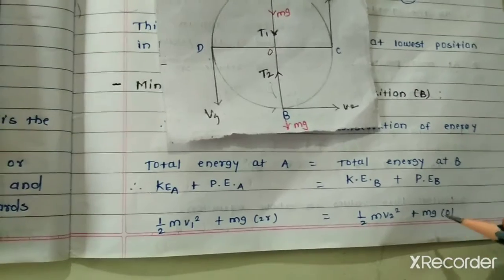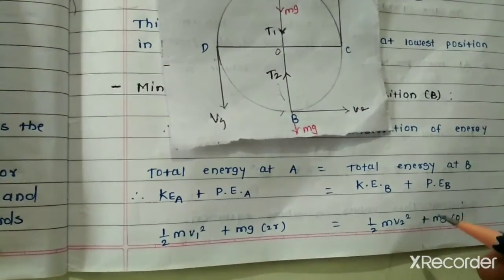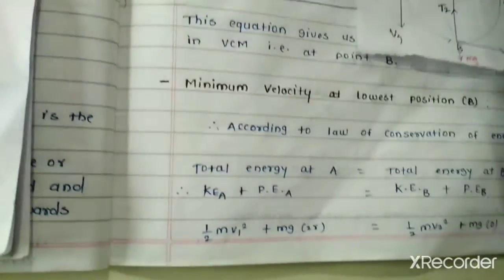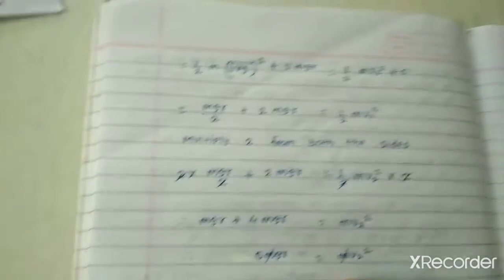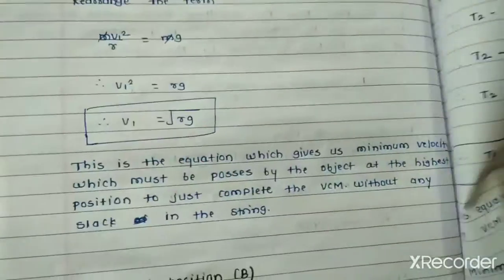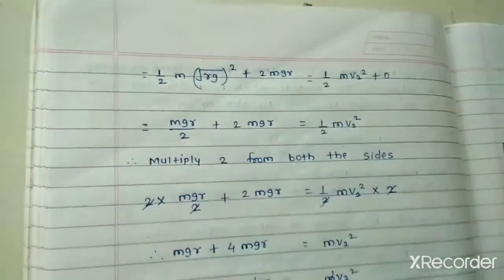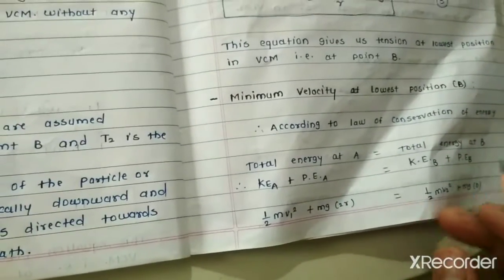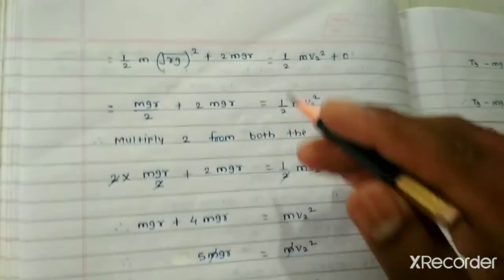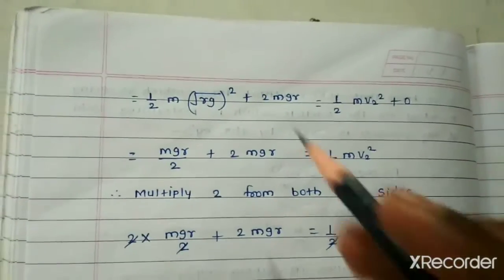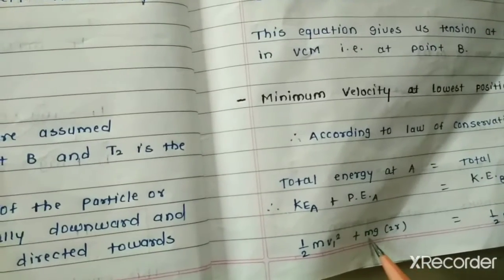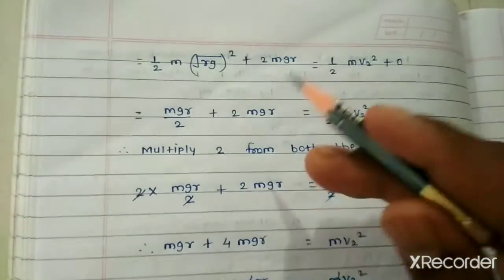potential energy mg. So यहाँ पर ground पर है, so potential energy is 0. Therefore mg into 0. Therefore half as it is into m, and the value of V1 is under root Rg. So here V1 square, that's why here under root Rg whole square, plus 2mgr, is equal to half into m v2 square plus mg into 0. Why here 2mgr? Because if we multiply this 2r into this mg, so 2 into mgr. So that's why here 2mgr.